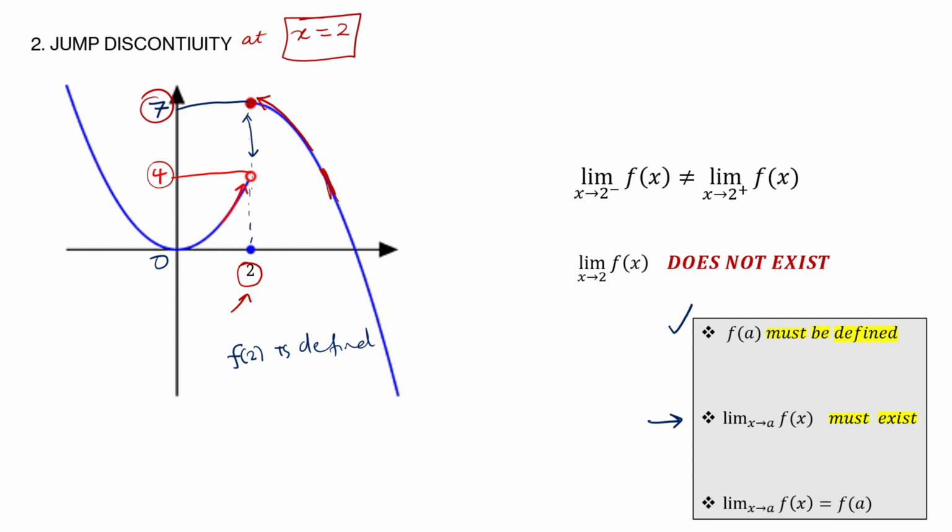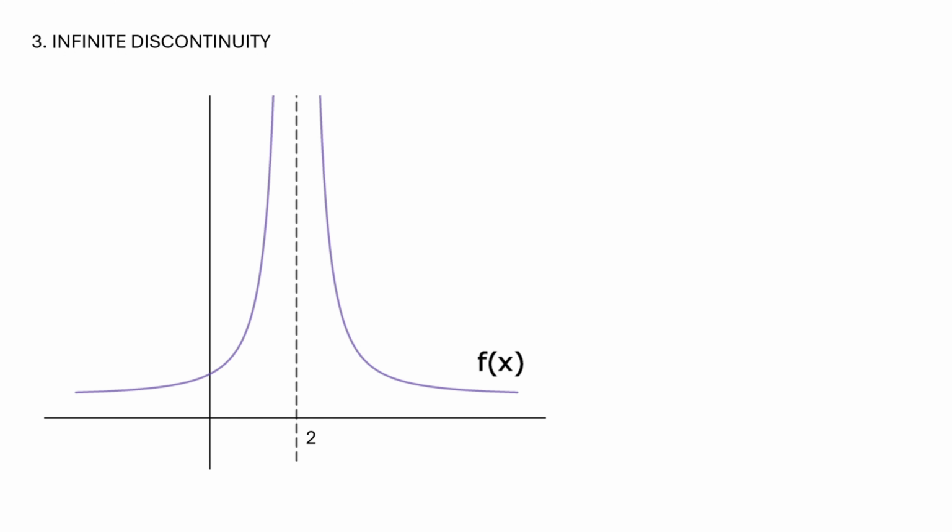And then the last one is the infinite discontinuity. We'll discuss more about this in another video, but basically the infinite discontinuity is whereby there is an asymptote between the graphs. The graphs actually continue until infinity. They don't stop. It just means that they are never able to cross this line. They are never able to meet. This is known as an infinite discontinuity, and we'll do this in another video.